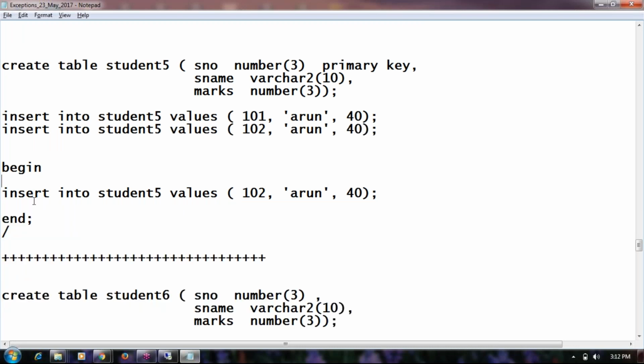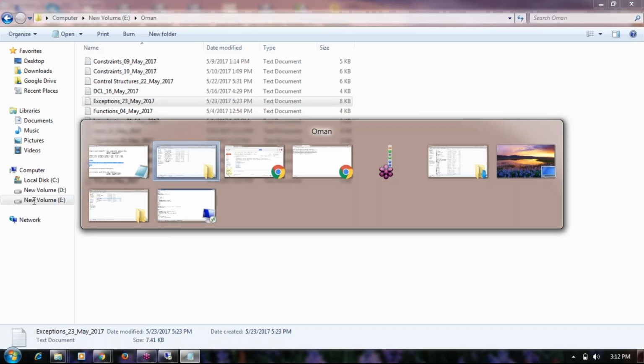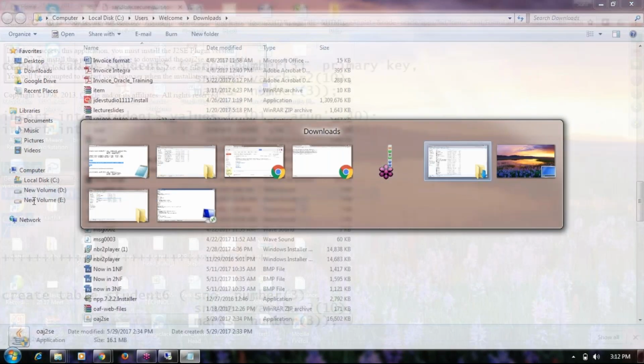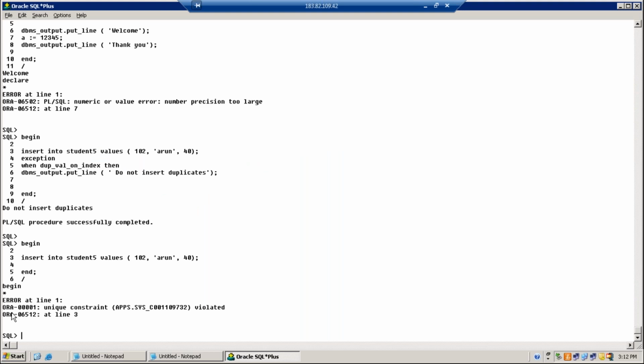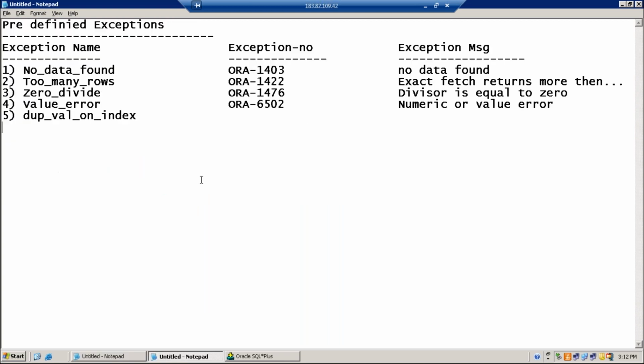When you don't handle it in the environment, you will get that exception number and the exception message. ORA minus 001, that's nothing but ORA minus 1. Unique constraint violated. It means this is the first message created by Oracle.